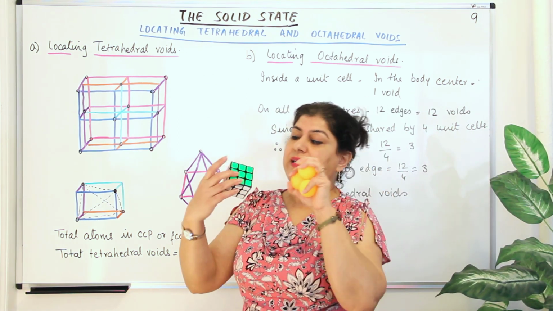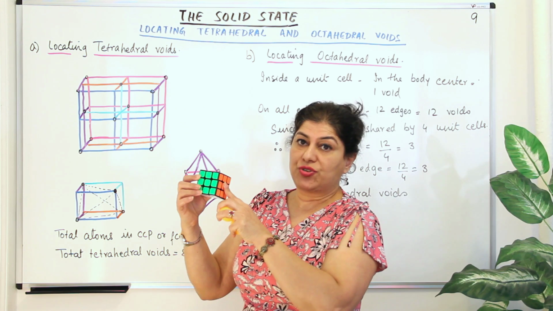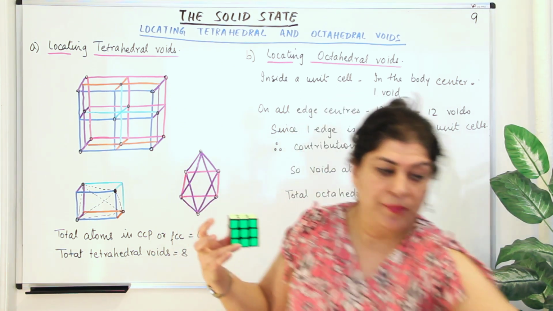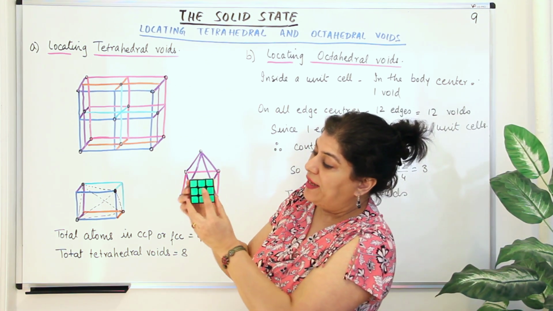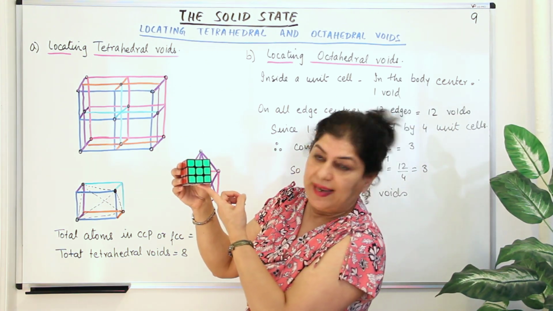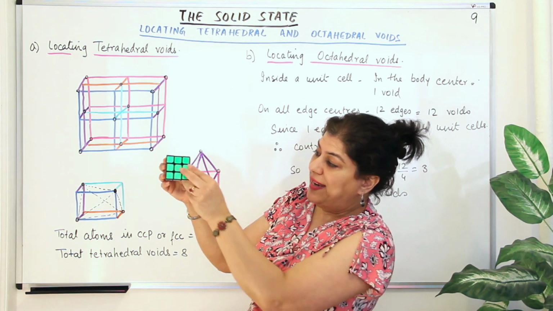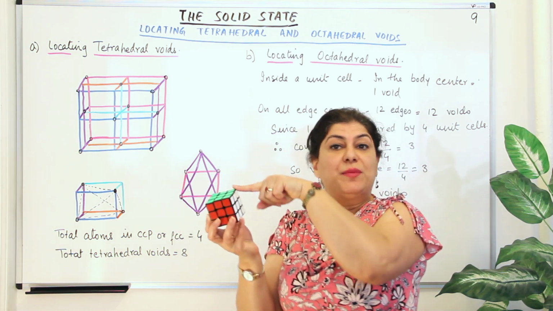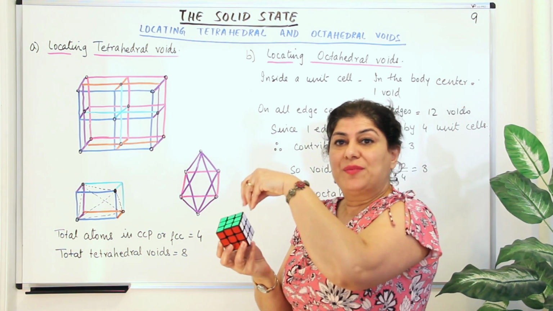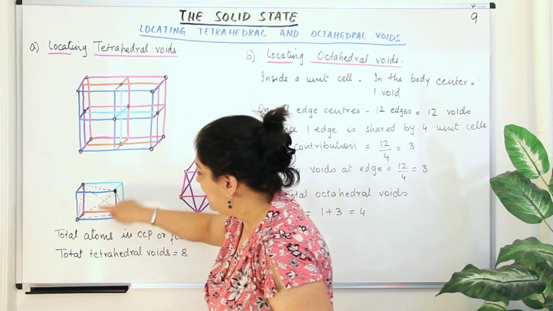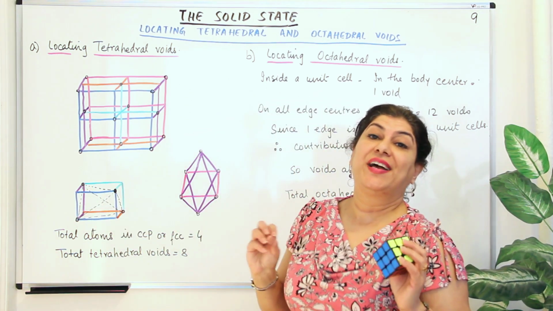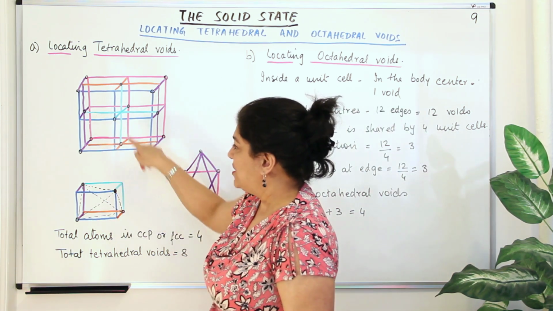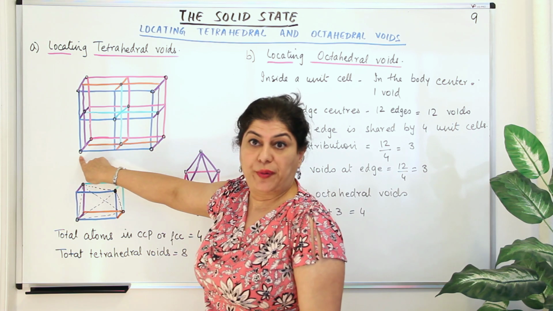Let us imagine that these 3, if I make a triangle between this point and this point, sorry, I was showing you this side. So if I make a triangle between these points, I'll get a triangle. And if I extrapolate that triangle, that forms the base. And then I have one atom at the corner. So that becomes the basic triangle here, and this atom on top makes it a tetrahedron. So that space that you have between these 4 atoms, that is between 3 faces and 1 corner,